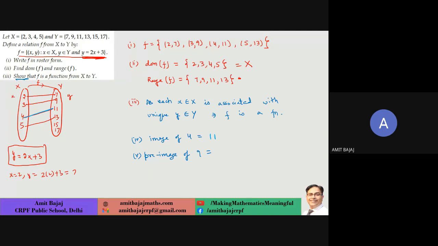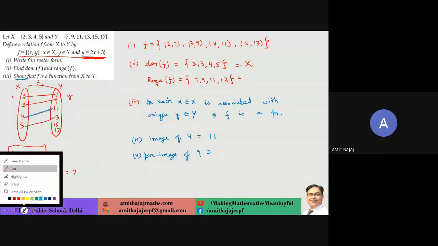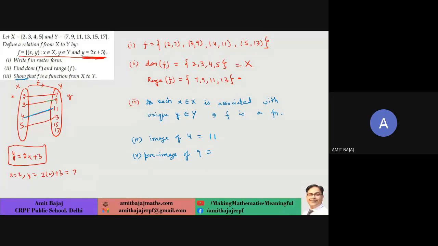Now can you answer what is the pre-image of 9? Yes, Nidhi, right, it's 3. Now when we talk about pre-image, 9 went with which element here? So that is simply 3. Let me add one more part. What is the pre-image of 15? One can easily note, there is confusion because there is no arrow for 15 in the diagram. So clearly that pre-image is actually not defined in this case.